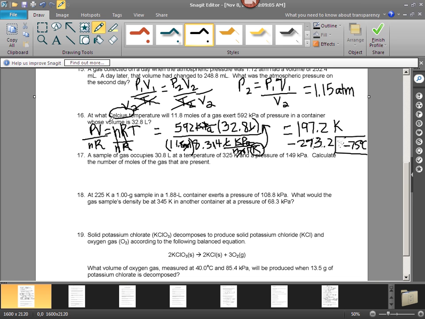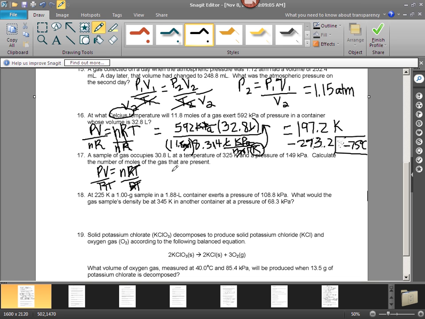Number 17, a sample of gas, calculate the number of moles. Okay, there's no change, it's just we don't know the moles. So PV equals nRT, divided by RT on both sides. That's the way algebra works. An equation is still an equation as long as you do the same thing to both sides. So the number of moles is going to be equal to